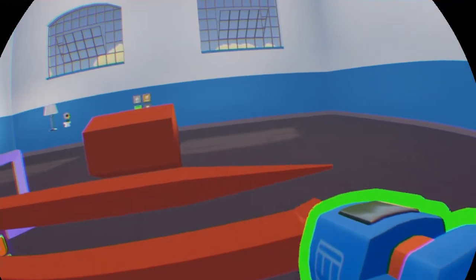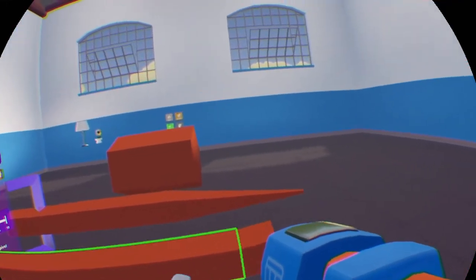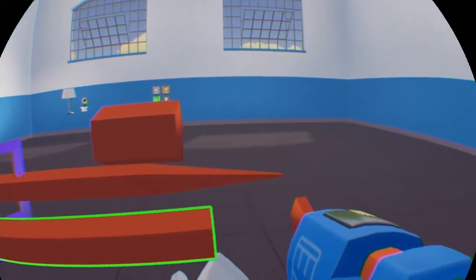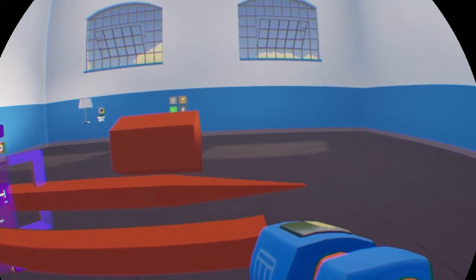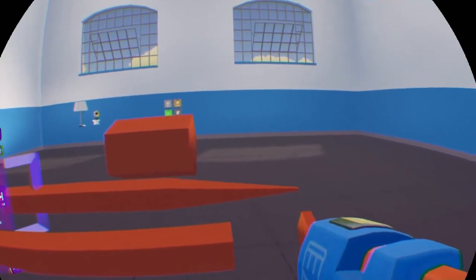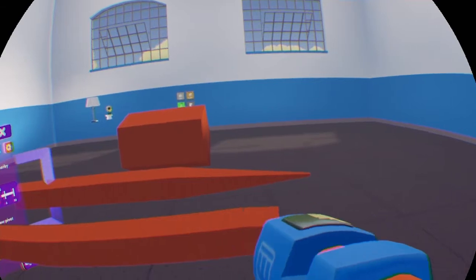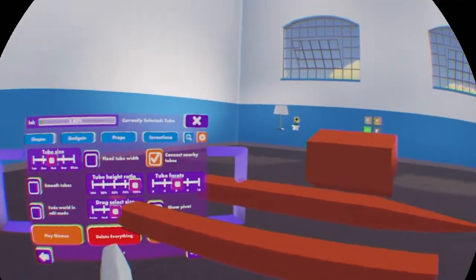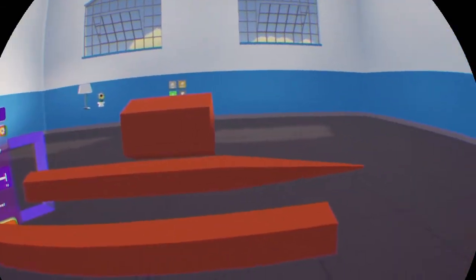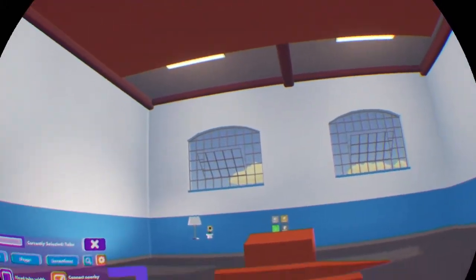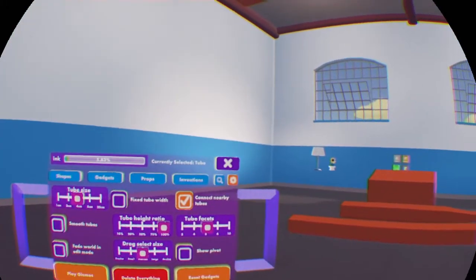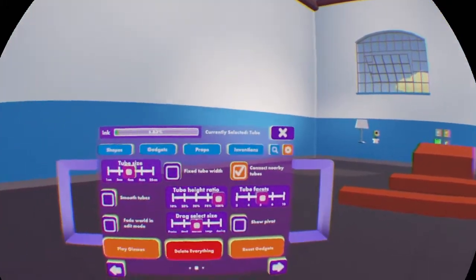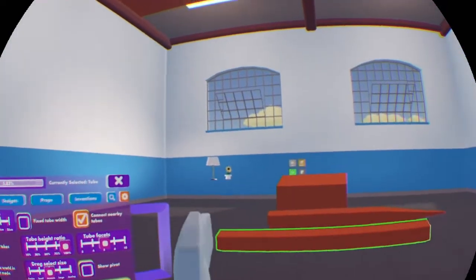So, connect to nearby tubes. What this does is, as you can see, when I move this near this tube, it automatically will connect up to it. So basically, it will always stay connected to the one that you're building on, which really helps out, especially when you're building trees or just environmental decoration for your maps, like, you know, a flower over there,